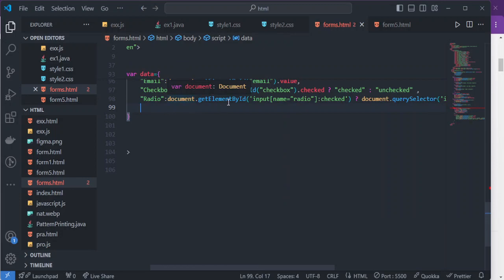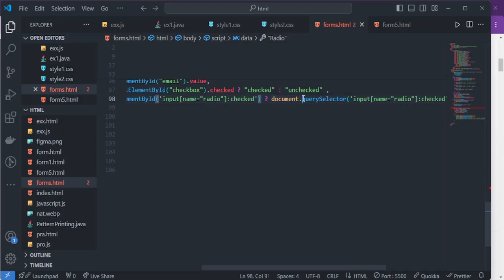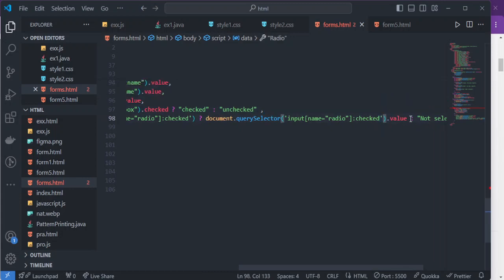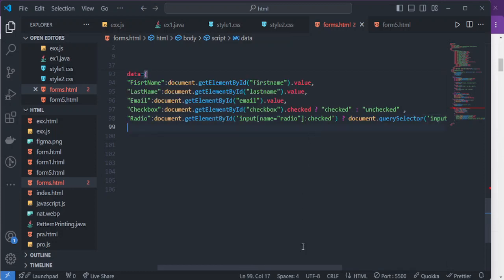So for radio, document dot querySelector of input name equal to radio, whether it is checked or not. The querySelector selects this input, and whether it is checked or not, it will not return any error message. So dot value, not selected. We are giving checked means checked, unchecked means unchecked. Here if it is not checked, then dot value is equal to not selected. Okay,